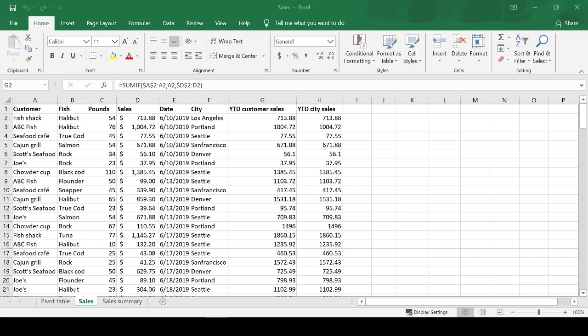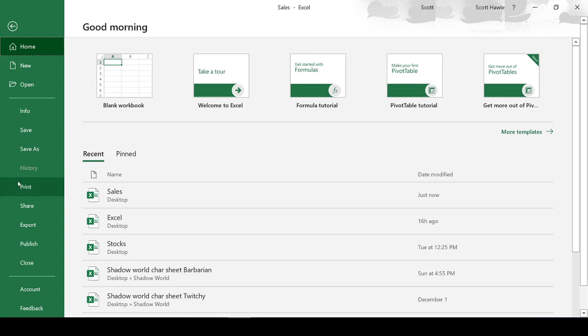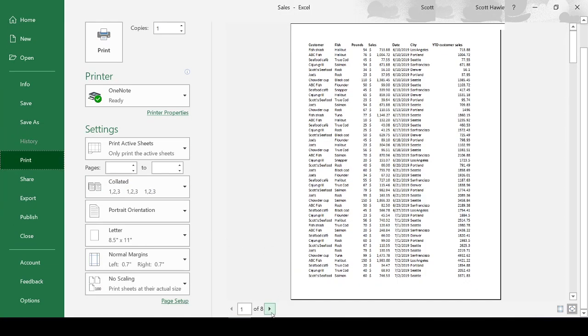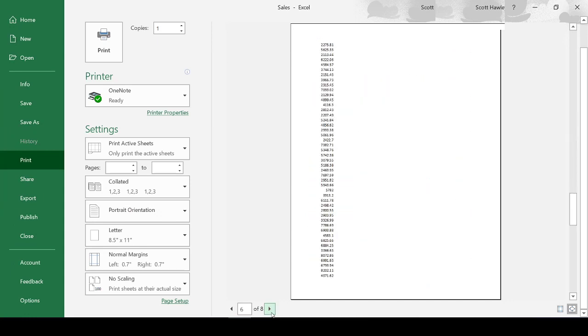Hi, in this tutorial I'm going to show you how to print in landscape. So we would go over to the file and then print and scroll down here. We can see that the year-to-date city sales has been cut off and it's a page of its own, but